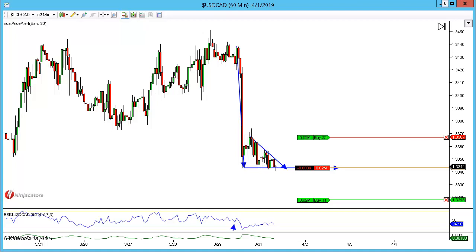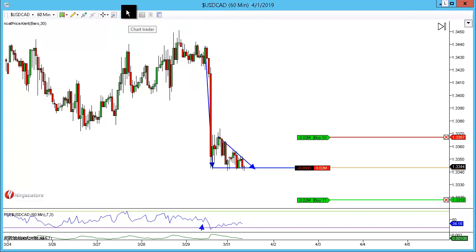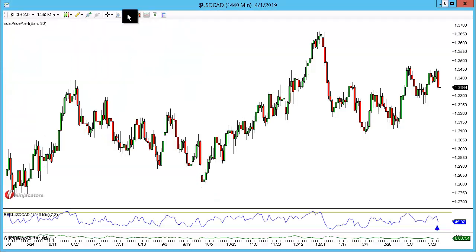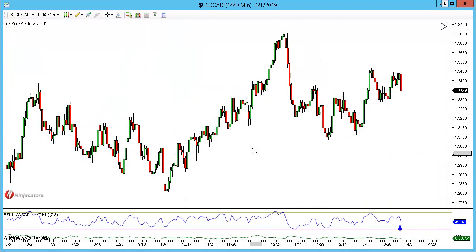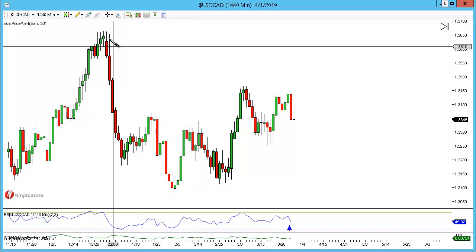This is the $CAD on the 60-minute time frame, and we have a triangle that's set up. I'm going to do the high time frame analysis on this trade, and then I'll talk about entry, stops and targets. So my bias on this currency pair is now long, and the reason for that is